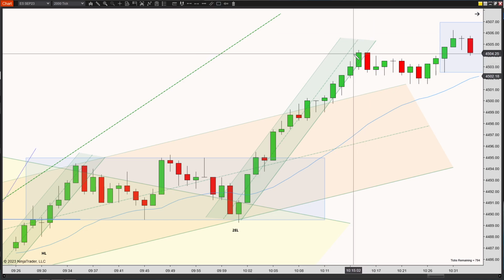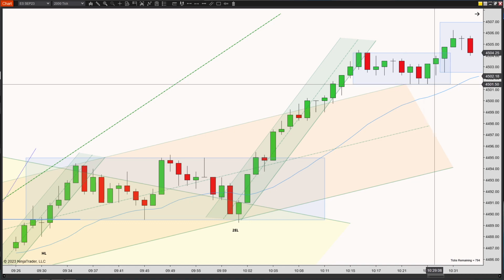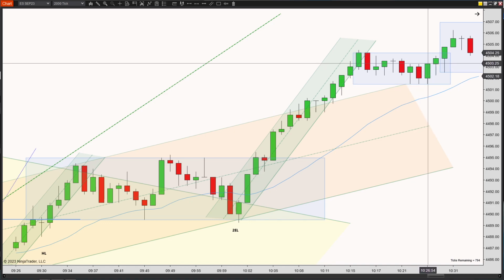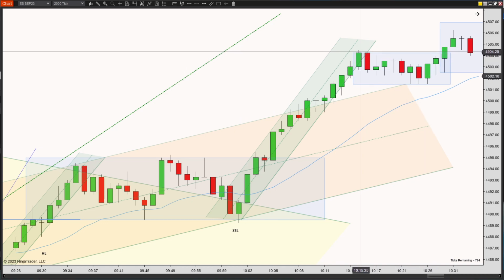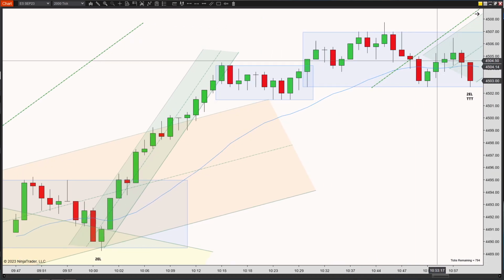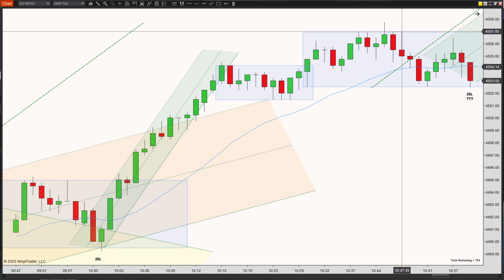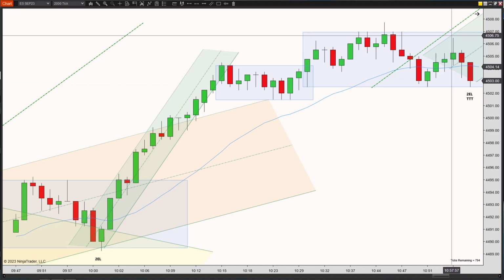To take the entry here felt risky because you're kind of pushing into this potential range. So what I saw was something like this. You get a triple bottom, but if you try to take it one tick here, you're just pushing into this current high, and it just felt risky. And prices continue moving up, falls into this other trading range. I saw this setup, the new high here. It breaks out, pulls down. It's a first entry long,